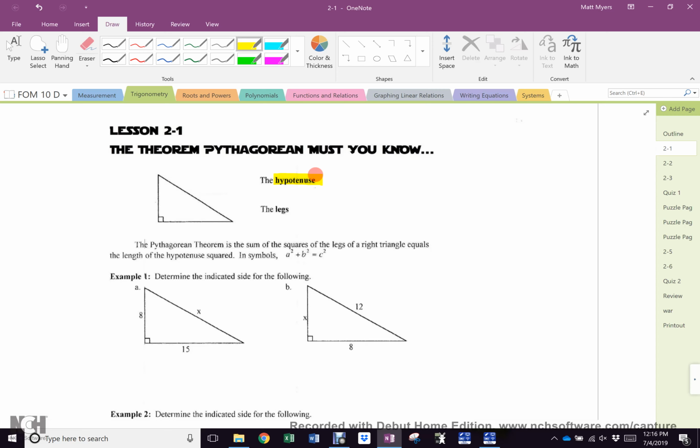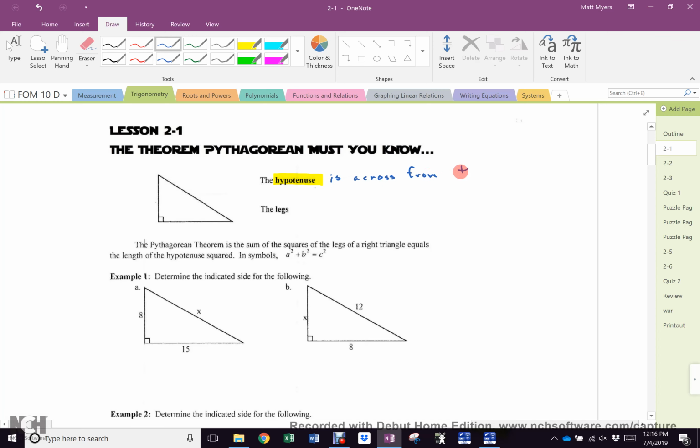Because sometimes the way it is drawn does not let you know which is the longest side, because sometimes there's perspective in things. So don't say that it's the longest side. What you should say is that the hypotenuse is across